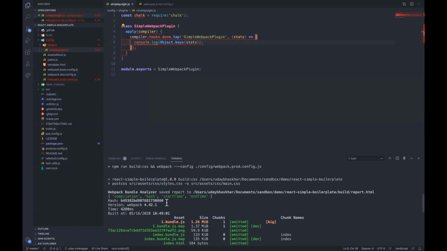Webpack gives you the stats, like when the build started, when the build ended, and what is the hash that was generated, and it also gives you a compilation hook. So you can actually use stats.compilation.options.output.path, if I'm not wrong. Chalk.blue.